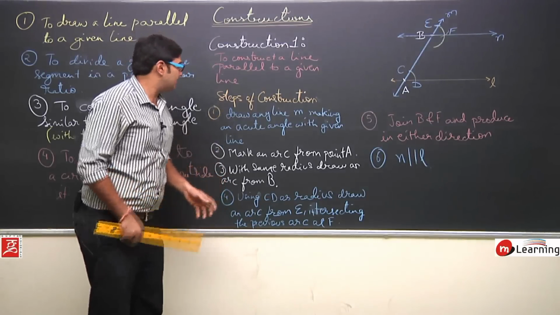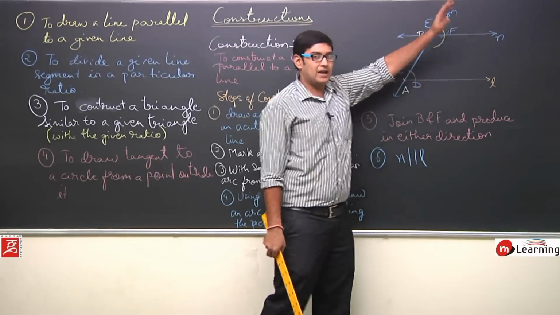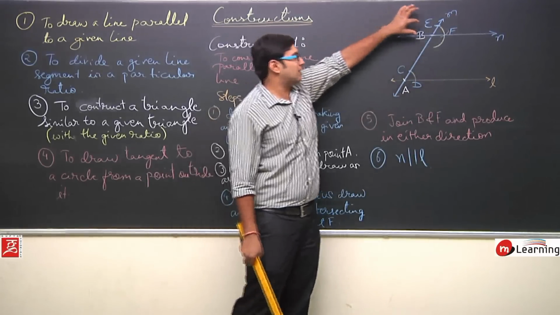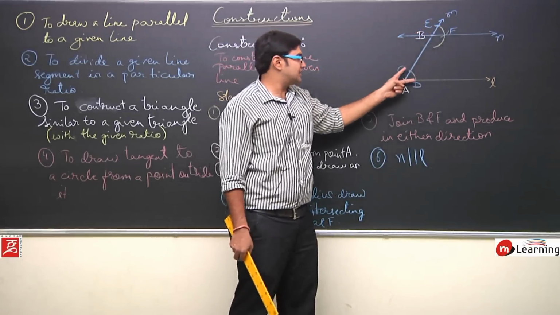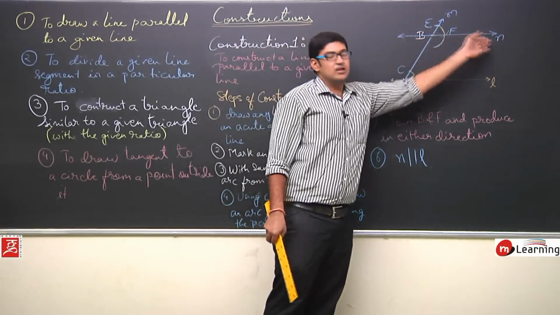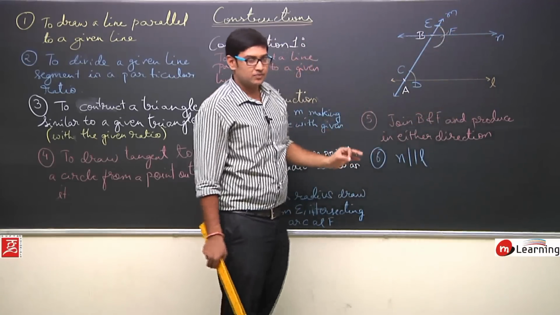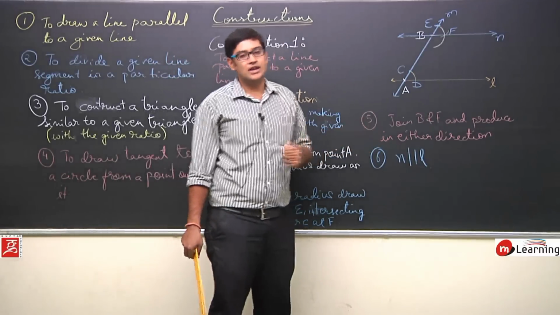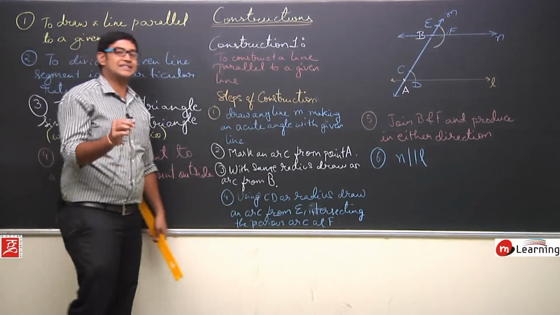What did we do? First we drew a line M. Then at the intersection of line M and line L we drew an arc. Now an arc of similar radius we drew from a randomly assumed point B, and then we measured this CD and made an arc of the same measurement here, and we got this line as N, and I am calling this line parallel to line L. So in this way, we can construct a line parallel to a given line. So this completes the first construction, that is to draw a line parallel to a given line. We have understood this.